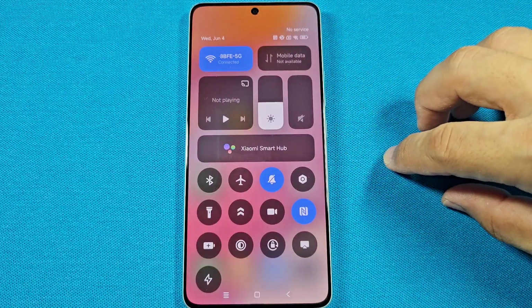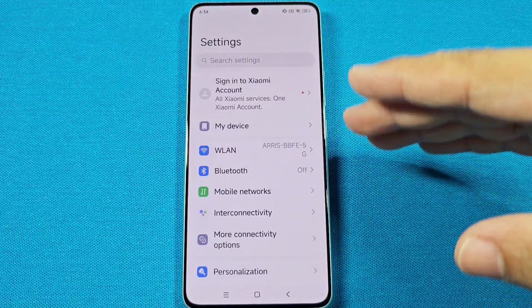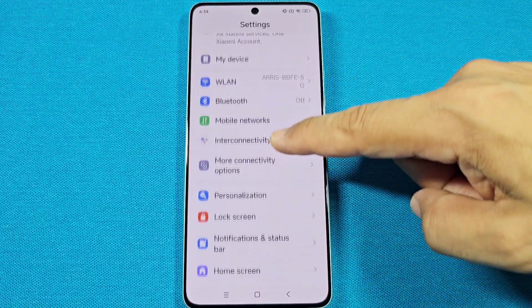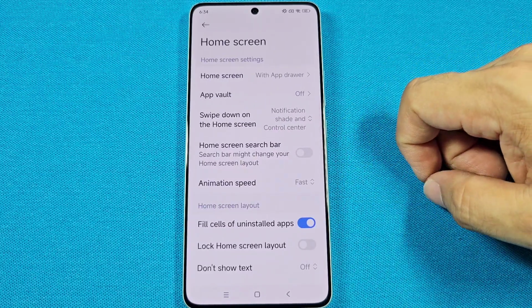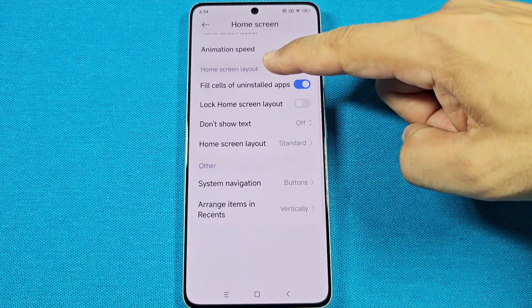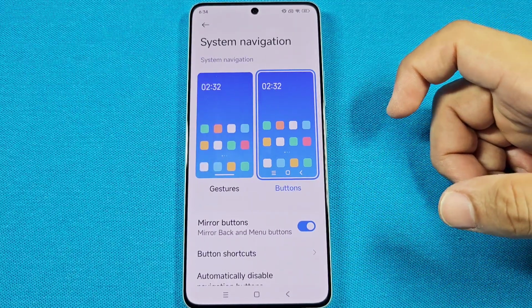quick access like this here and tap on the settings toggle right there. Once you do this here, and from this section here on, go down and look for the home screen. As you're in the home screen area here, you'll go down until you see system navigation. Once you're here now in this section here, you can